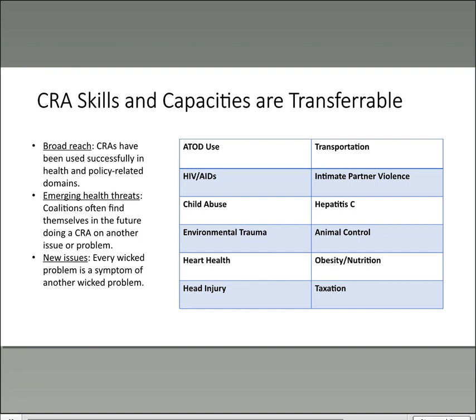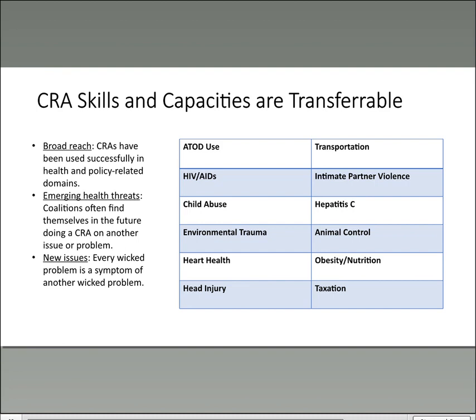And this is just a small number of the topics that community readiness has been used to assess. CRAs are great for emerging health threats. What we find oftentimes is that coalitions may find themselves working on another issue or problem that's emerged in the community. And because of this process, you've already got the skills to start addressing it in the community.